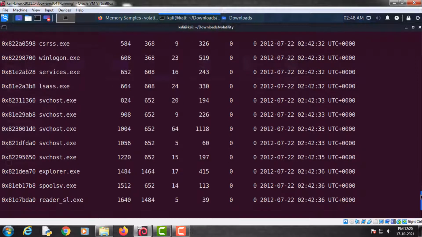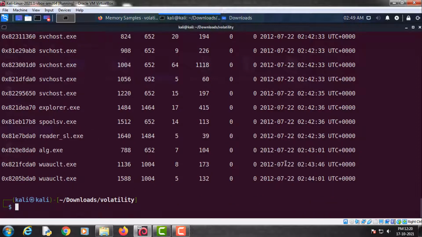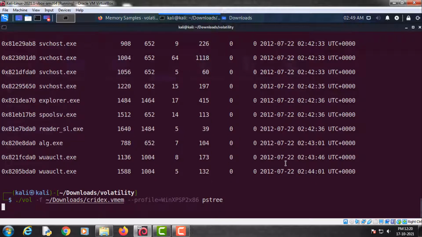Now we will examine these processes one by one. If any process looks suspicious, we will pay attention to that particular process. So as you can see, this reader_sl.exe looks suspicious. This alg.exe also looks suspicious, and this explorer.exe looks suspicious. So we will further examine these processes by running the command pstree, which displays all these running processes in a parent and child process form.